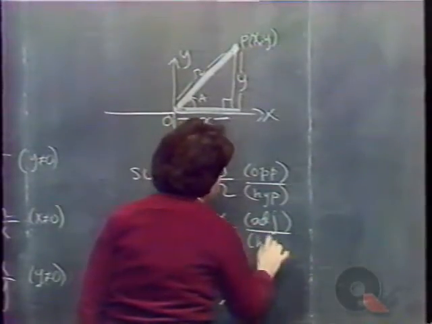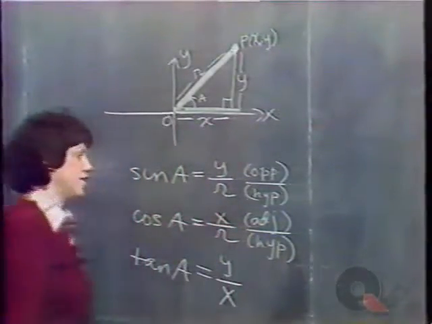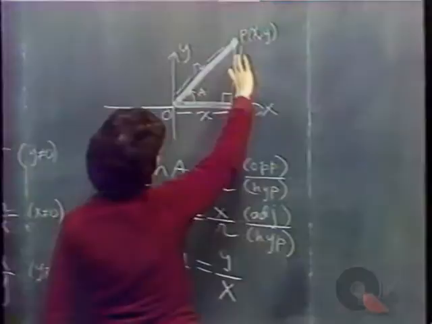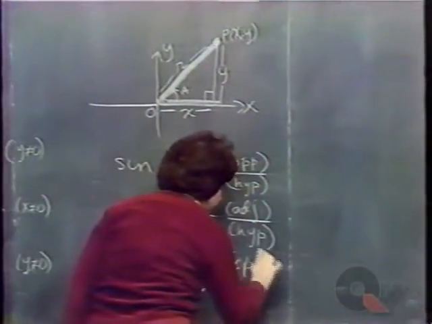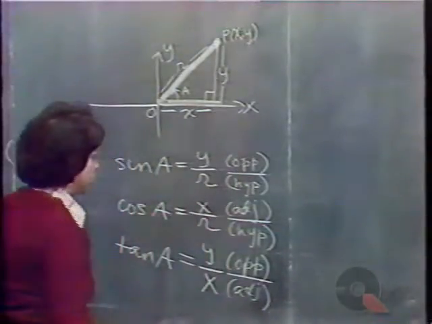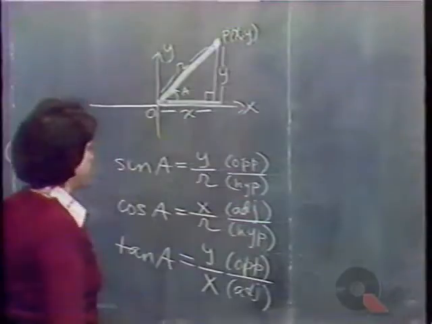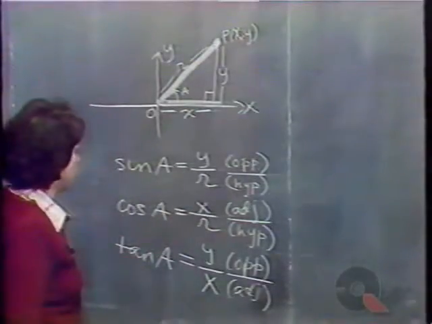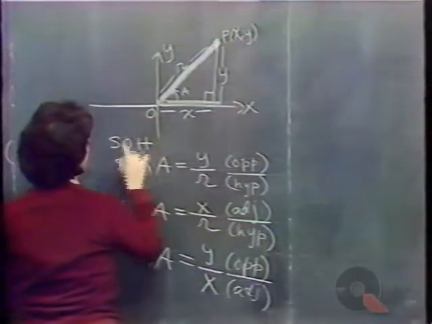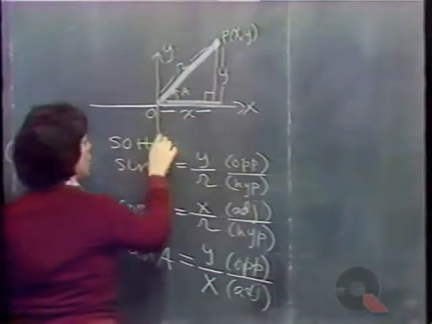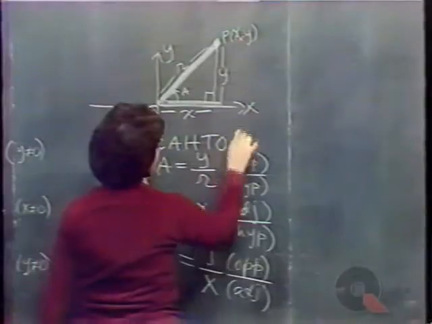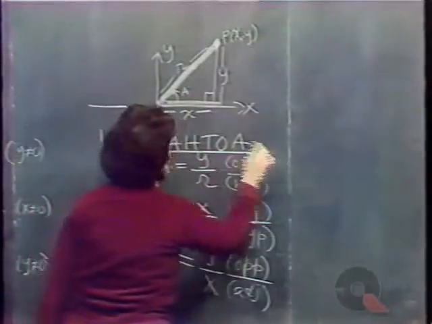R is the hypotenuse. And you probably learned cosine as adjacent over hypotenuse. And finally, y over x for tangent. Y is the side opposite, and x is the side adjacent. So we have tangent is opposite over adjacent, which is also the way you remember it. In fact, we have a neat mnemonic for remembering that: sine is opposite over hypotenuse, cosine is adjacent over hypotenuse, and tangent is opposite over adjacent. So those of you who learn SOHCAHTOA,